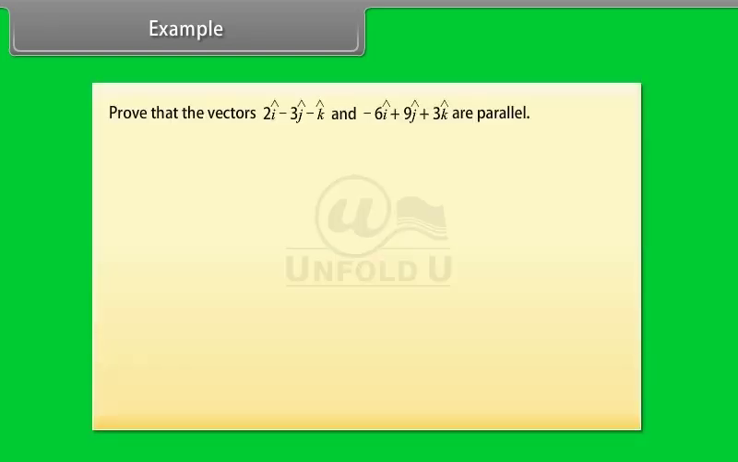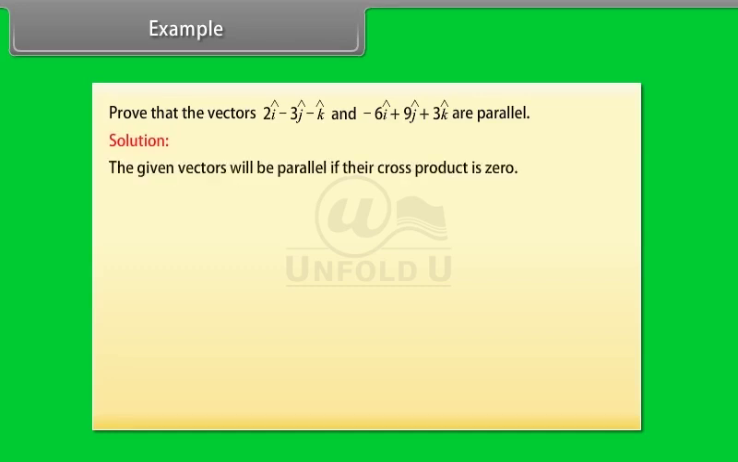Example. Prove that the vectors 2 cap i minus 3 cap j minus cap k and minus 6 cap i plus 9 cap j plus 3 cap k are parallel. Solution. The given vectors will be parallel if the cross product is 0. Now, (2 cap i minus 3 cap j minus cap k) cross (minus 6 cap i plus 9 cap j